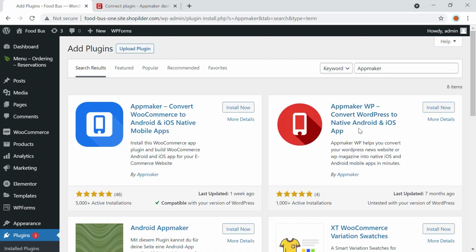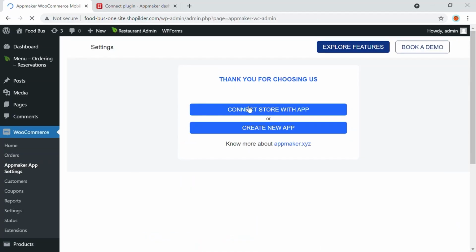A WordPress plugin is basically for websites like a news website or a general WordPress website. And right here, this is a WooCommerce website. So my website is working under WooCommerce. I'm going to click on install now and activate this plugin. If you have a WordPress website which is not associated with WooCommerce, you can click on this one. Once the plugin is installed, click on activate.